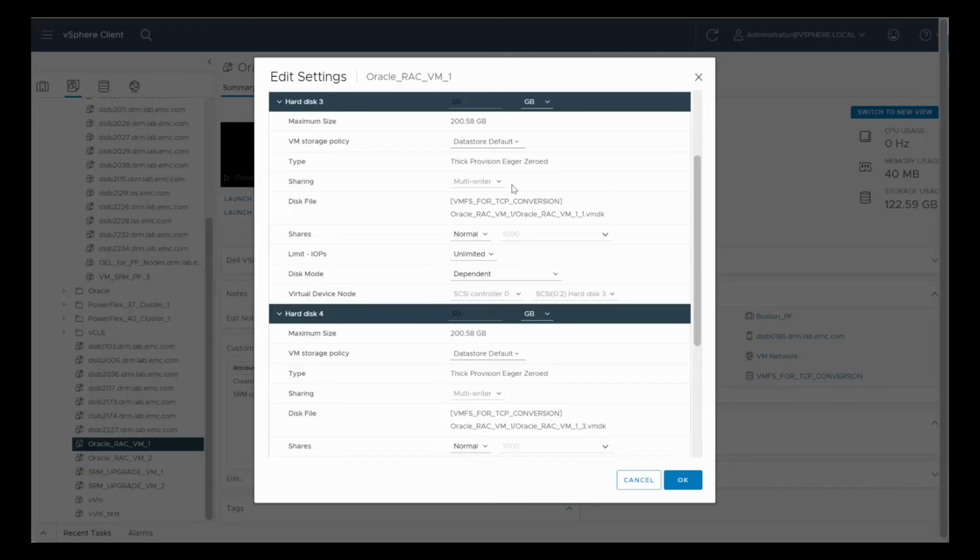There is an issue when we get over to TCP when it comes to registering the virtual machines, because disk files, right, are going to be designated here like this, but in reality, when you look inside the VMX file, VMware is using the UUID, right? And as you'll see, we're actually going to be changing the UUID on the disk. And because of that, when we go and register this original virtual machine that owns the disks, Oracle Rack VM1,